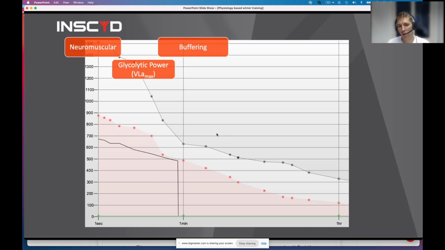Then when it gets a little bit longer, you have 2 systems. You have the buffering system. Buffering means the ability of the muscles and the body to deal with a drop in pH, an accumulation of hydrogen ions, basically to deal with acidosis, which is occurring in parallel to lactate accumulation from the glycolysis. And already there, when you are close to a minute, so I could actually shift that red box a little bit to the left, it starts with a high dominance of the aerobic system. And then going longer,